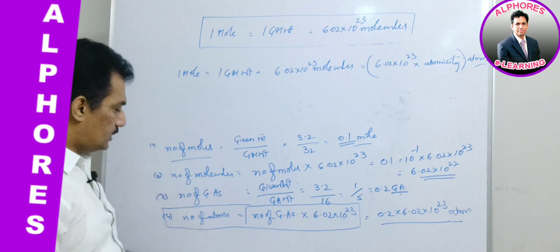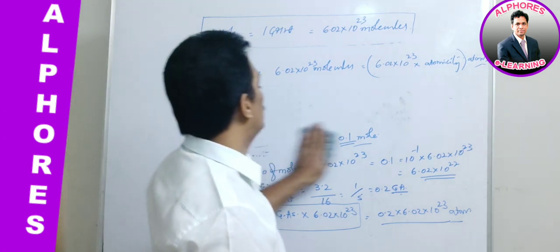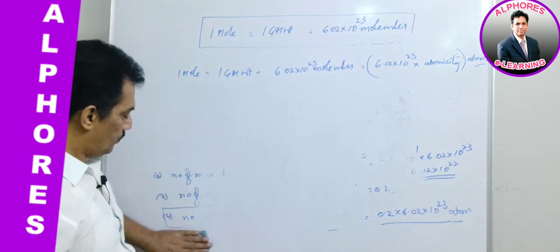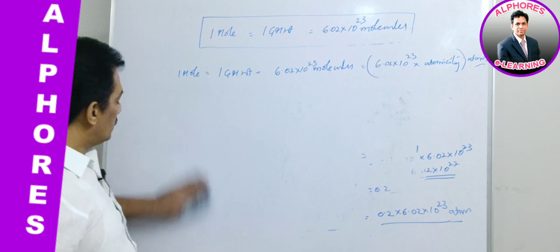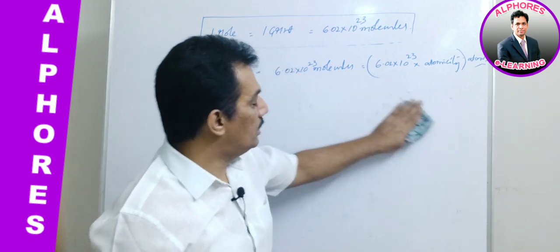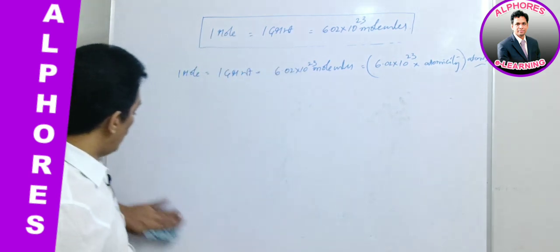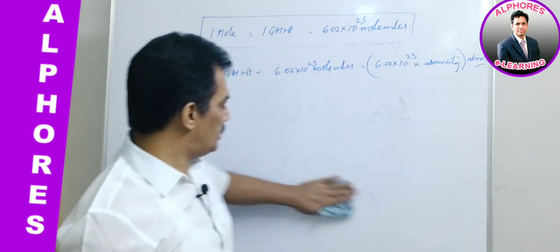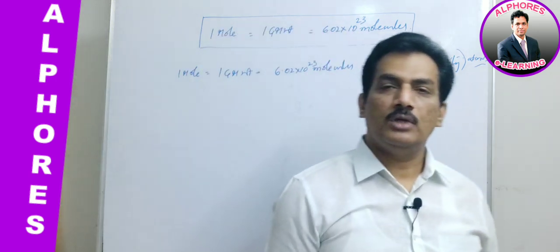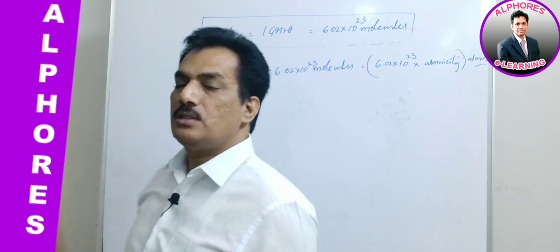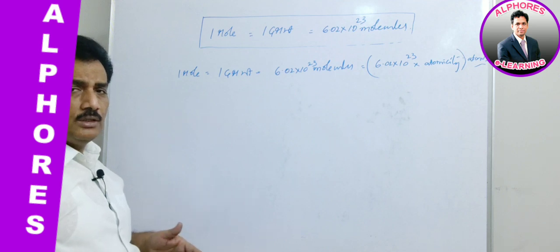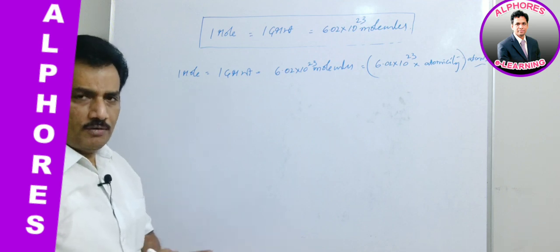Say for example, the oxygen molecular formula is O2. So how many atoms are present in its molecule? 2. That's why its atomicity is 2. In case it is water, what is the atomicity of water? The water formula is H2O. In that, 2 hydrogen atoms and 1 oxygen atom are present, and hence the atomicity of H2O is 3. CO2: C 1 atom, oxygen 2 atoms, total 1 plus 2, 3 is the atomicity. Like that, the atomicity is nothing but the number of atoms present in one molecule of the given substance.